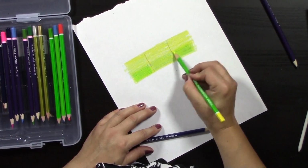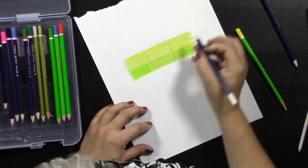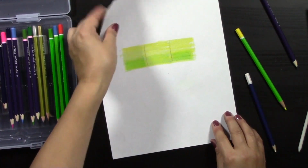And take your time while doing this so you don't get those lines. Then I can come back in with white, going the opposite direction. And it fuses everything together. For this reason, the burnishing method I prefer is with the blending stump, although you do not have to burnish anything. If there's a general rule, you can say burnish anything that looks shiny or has very little detail. But I suggest that you practice all those strokes